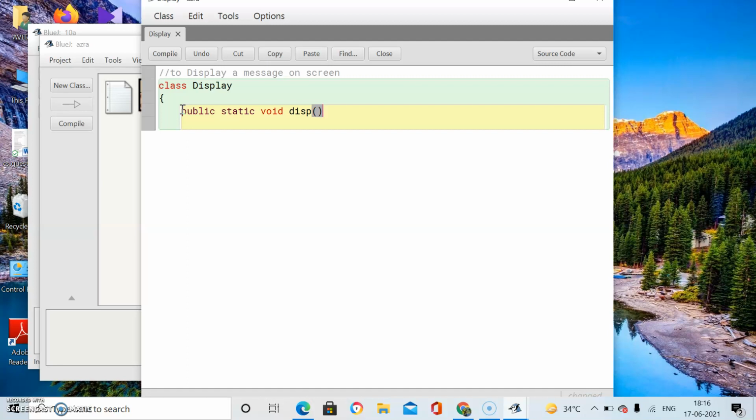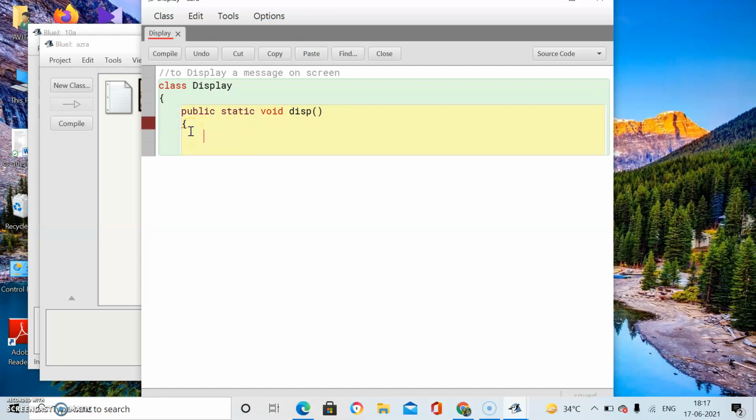These brackets are known as parenthesis, and the brace we used for the class was curly braces. This one is a curly brace and this one is a parenthesis. Now press enter. Again open curly brace. This is for the function. Now you are going to define this function.